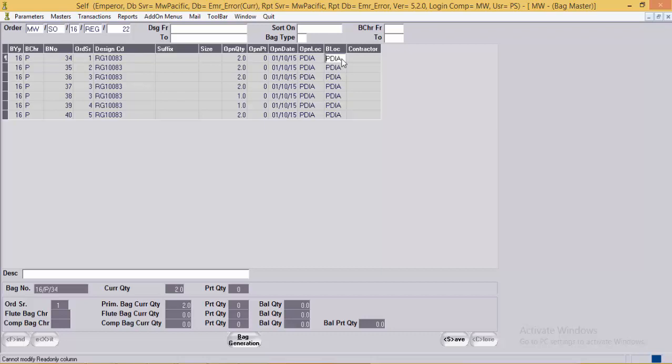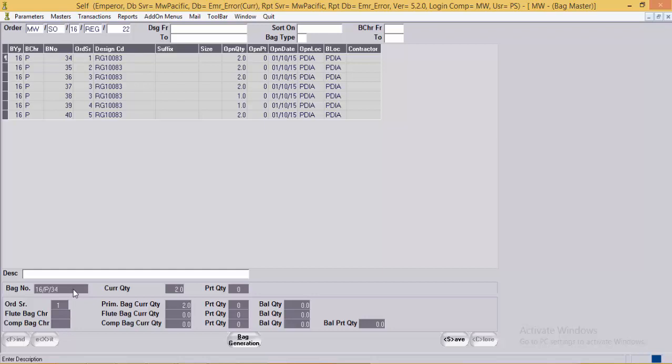As the pieces move to the next department, the system will update the bag location over here. Here, if required, the user can mention the description for the given bag.